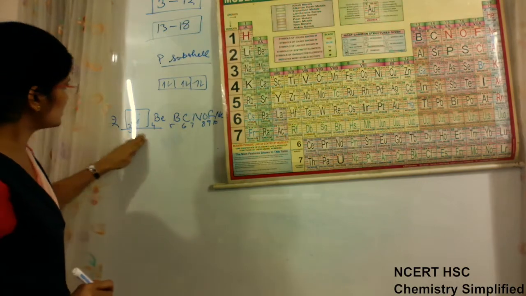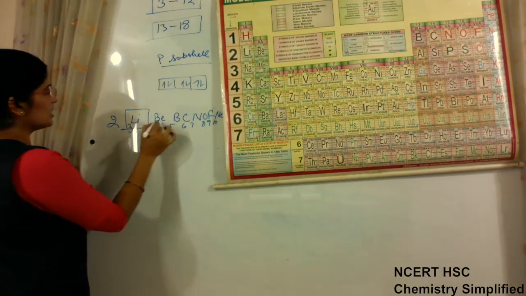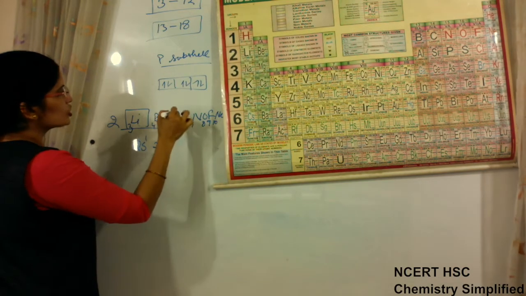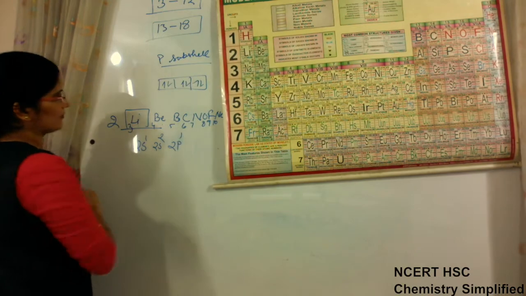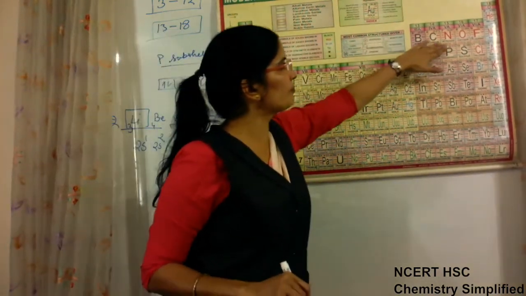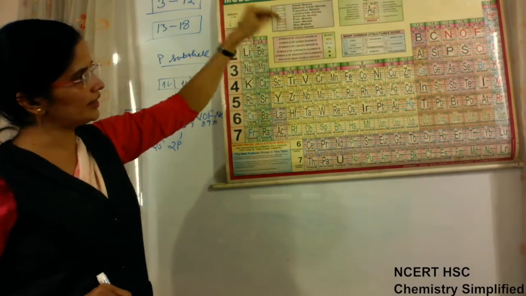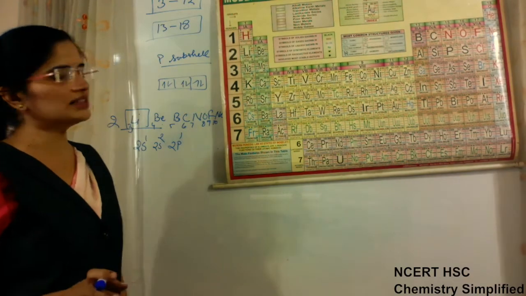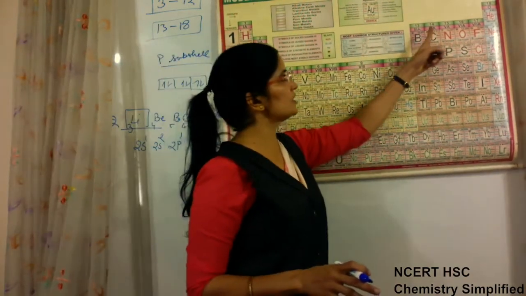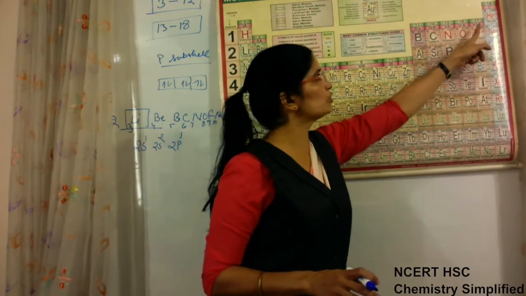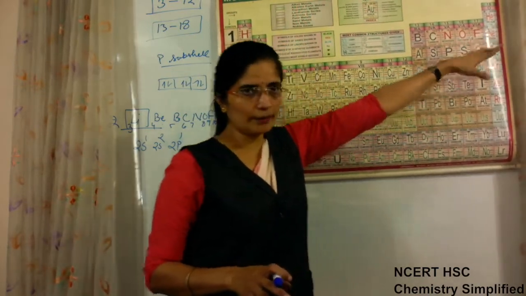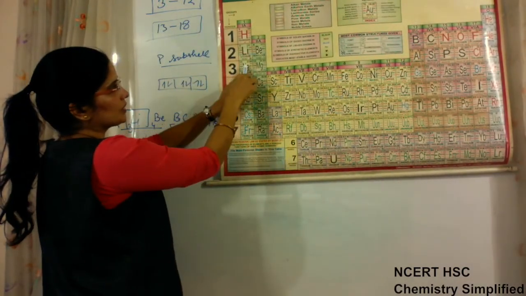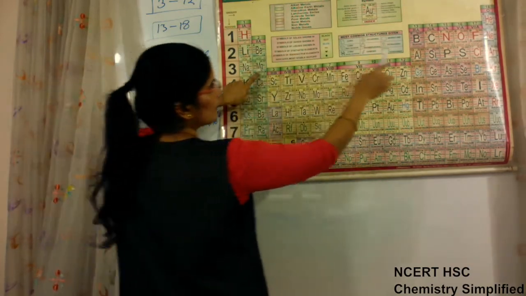This is the second period. Lithium has configuration 2s1, beryllium is having 2s2. Then boron will be having 2p1. That means this is the second period complete. The last electron is entering in the second shell only. What is changing is the subshell. So this will be 2p1, this will be 2p2, 2p3, 2p4, 2p5 and 2p6 completely filled. Aluminium is a continuation after magnesium: sodium 11, magnesium 12, aluminium 13.